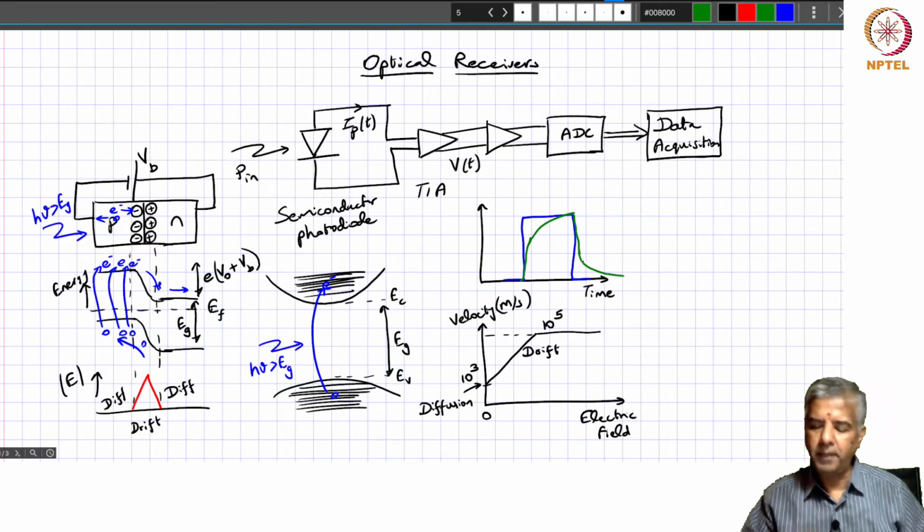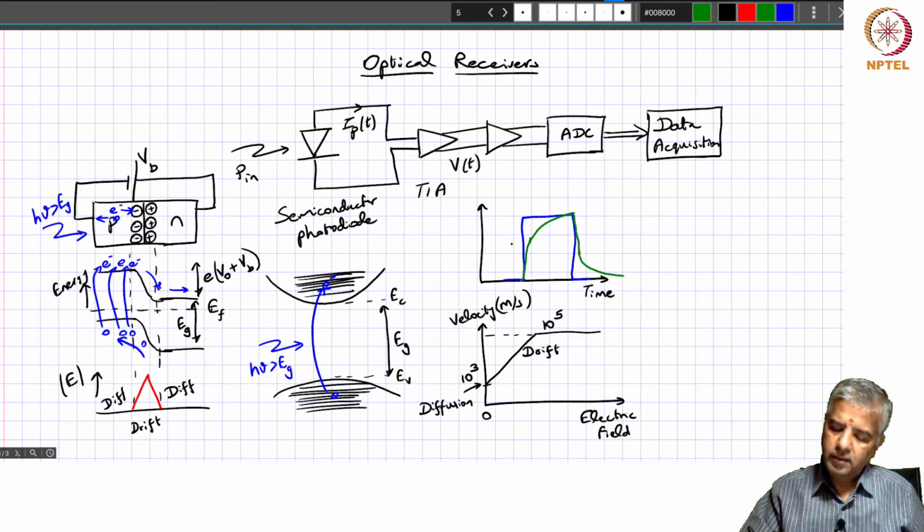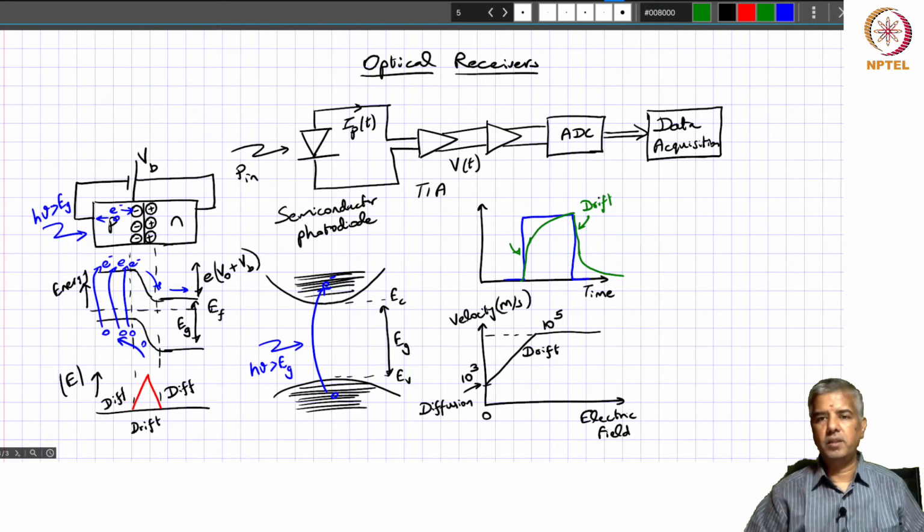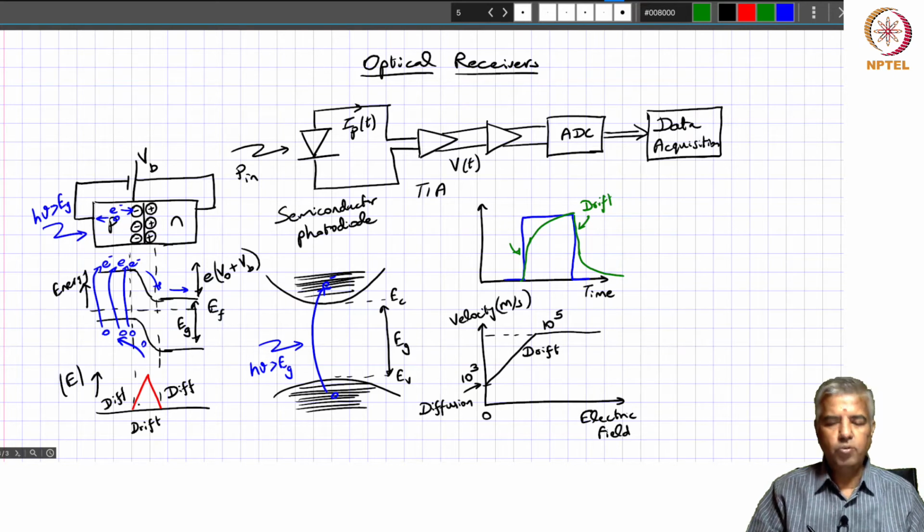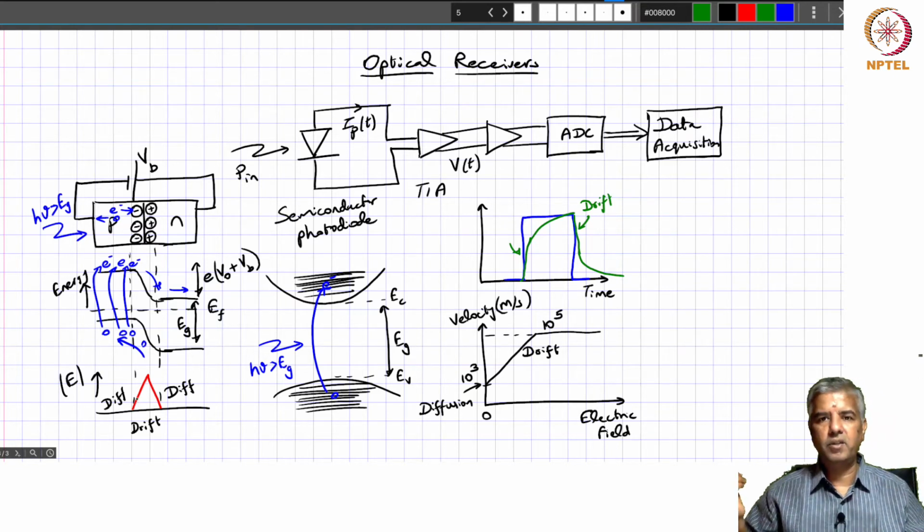So what is happening? Well, these regions, over here and over here, would correspond to the drift velocity,